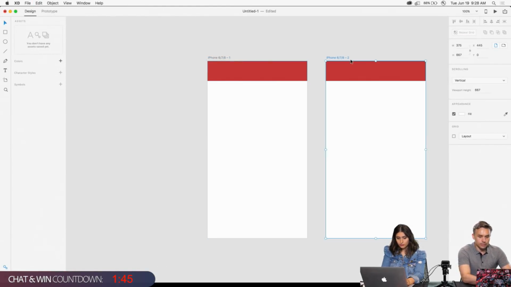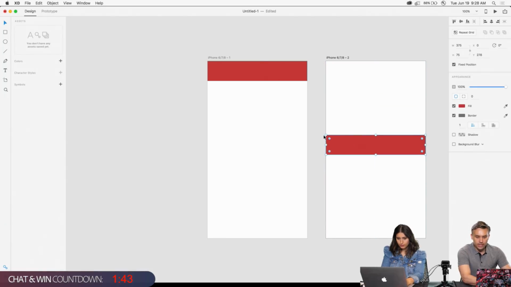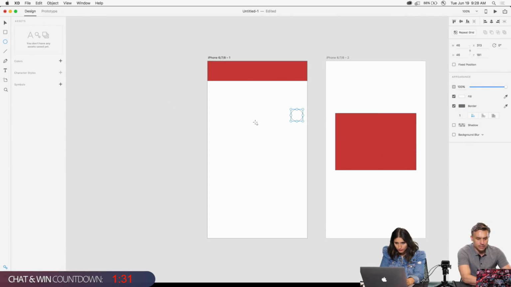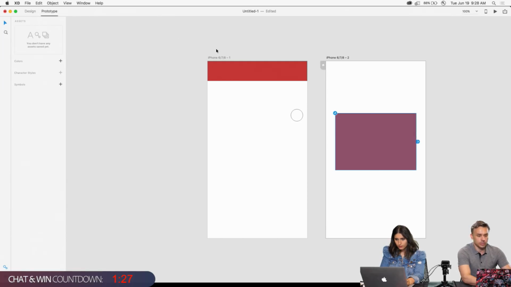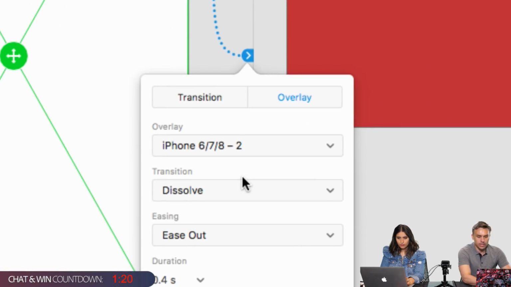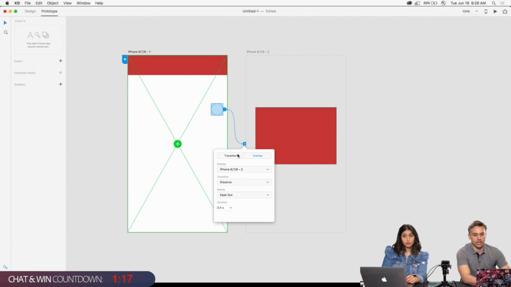Another thing that you can have is an overlay. So again, I'm just keeping this really simple. Say for instance we did a search or something, and we want a keyboard to pop up, or basically we selected a button and we want this to pop up over this. Well, that's going to be in prototype. This button will click here, and this is what I'm talking about. Overlay is the second feature that you should have today as well. And if you click off of that canvas, it will dissolve back.